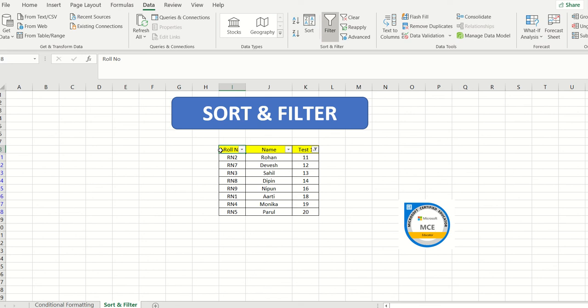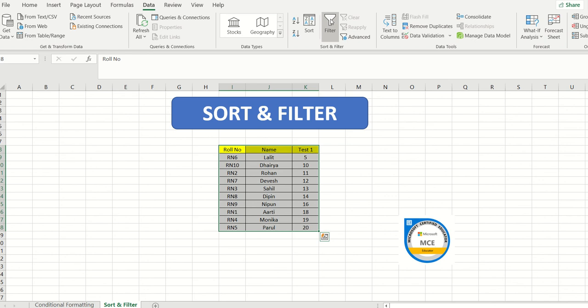Now if I want to remove the filter, I will again select this data from here and click on this filter icon once again, and the filtering will be removed. So you can select this entire table and click on filter, and the filter is applied; click on the filter once again, and the filter is removed. There is a shortcut for applying the filter as well: the Alt key, then D, and then F twice. So Alt D F F, or you can use this filter icon. So this is what is there for you.